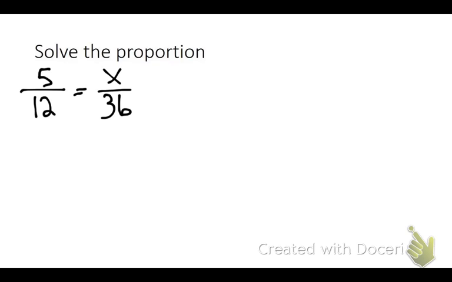I could use equivalent ratios. There's a missing link. I could use algebra because the variable's in the numerator. And then I could use cross products because cross products works every time. Now, I know that I've kind of tried to push you in the direction of using cross products because it does take out the